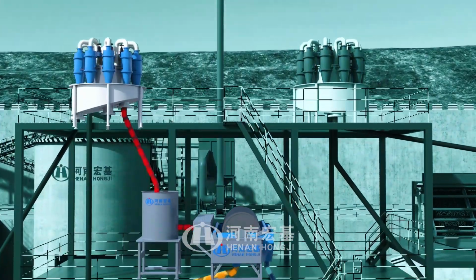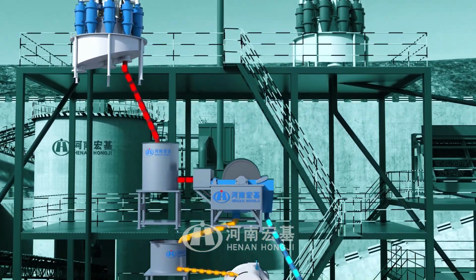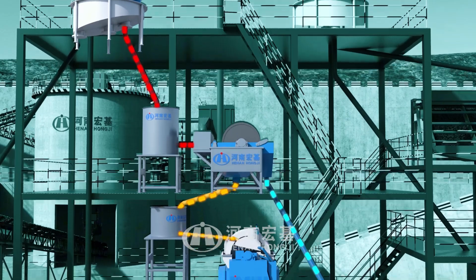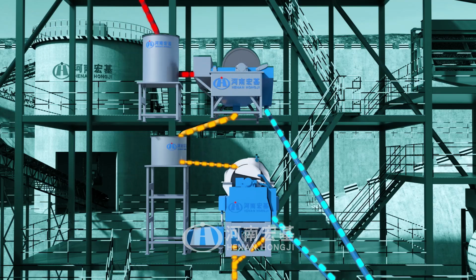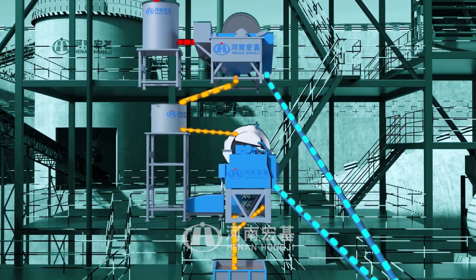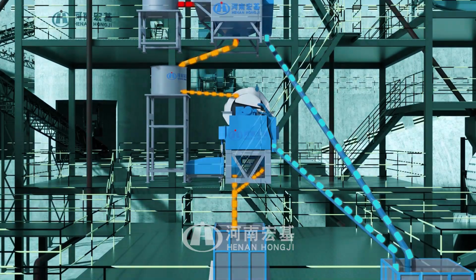And the cyclone overflow enters the first stage weak magnetic separator for roughing, and the tailings are sorted, and then enter the first stage strong magnetic separator for reselection. The coarse tailings enter the slurry pool,